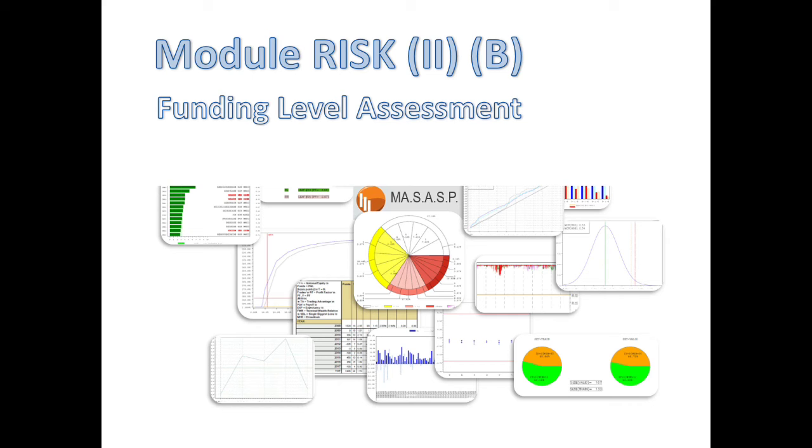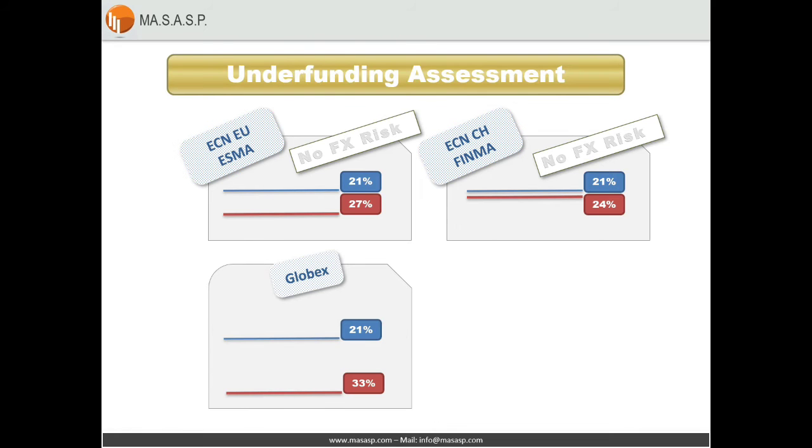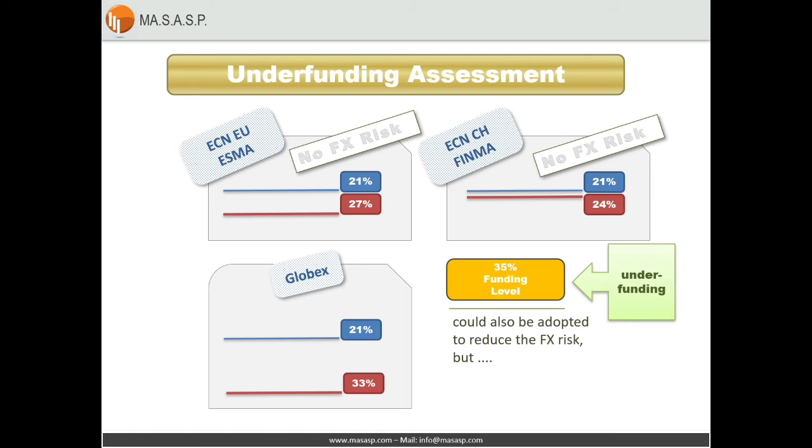We are going to talk about the Forex risk. Remark that resorting to underfunding is also beneficial in terms of foreign exchange risk mitigation. ECN markets offering CFDs are not subject to foreign exchange risk because the accounts can be denominated in euro, Swiss francs, or British pounds, regardless of the fact that the underlying financial issues are US dollar denominated.